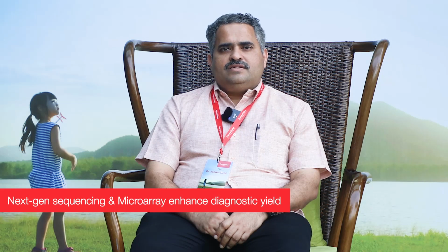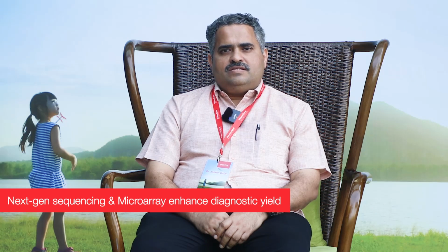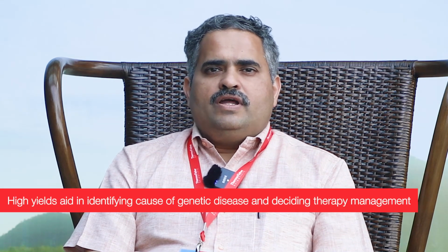However, with the advent of the high throughput technologies like next generation sequencing and microarrays, the yield of genetic testing and diagnosis has increased tremendously. When we do a microarray in a patient with intellectual disability or autism or congenital abnormality, the yield goes up to about 20%. So, this is a very large yield of diagnostics which is helping us to identify the cause